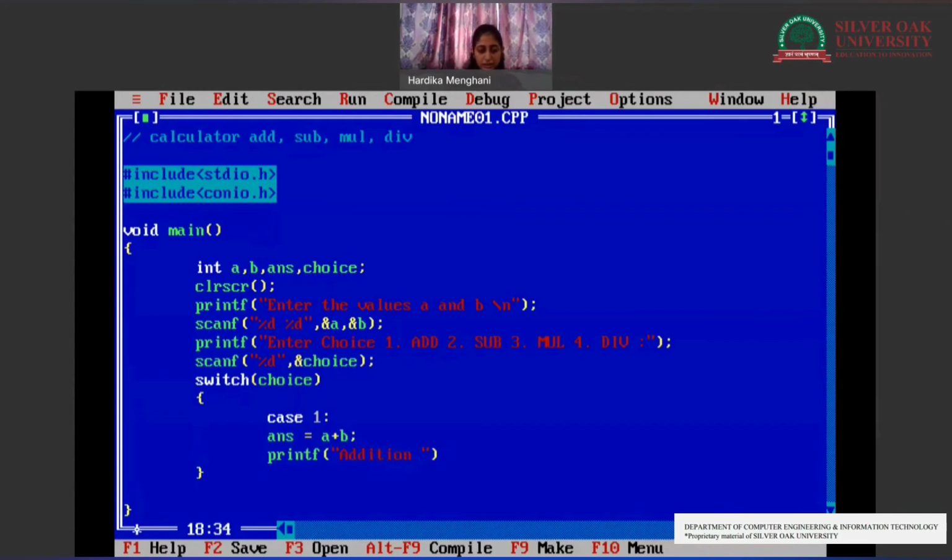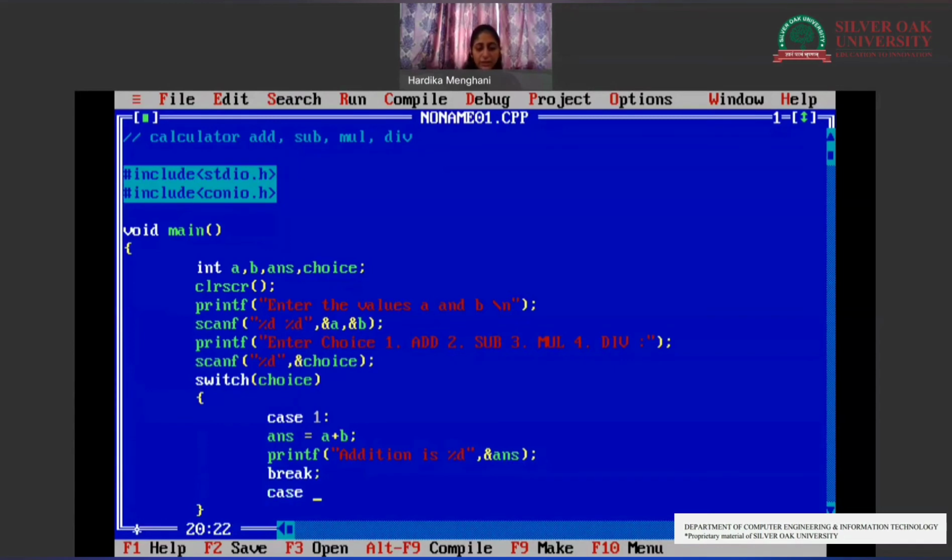Addition is %d, comma, answer. Okay, so my case 1 is over. My addition is over. So I'll have to mention break over here, else it will move further into other cases. But we want to execute the case with a particular choice only.